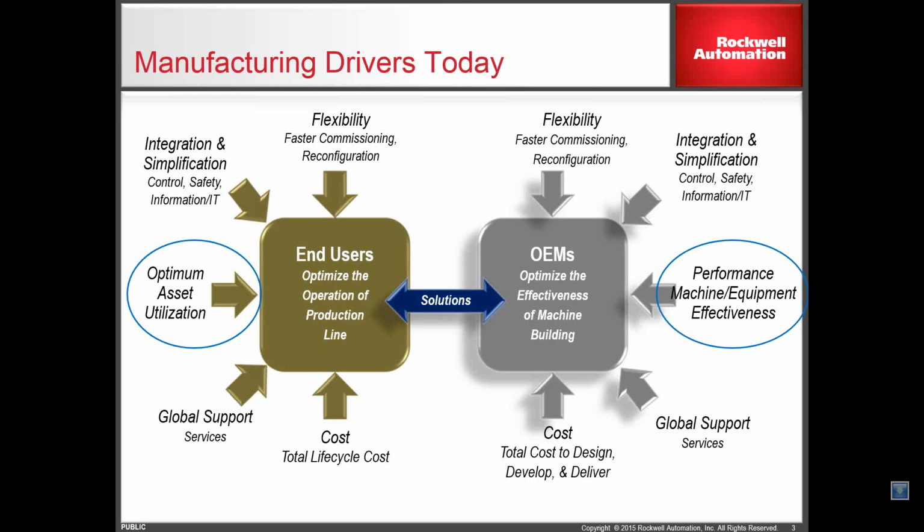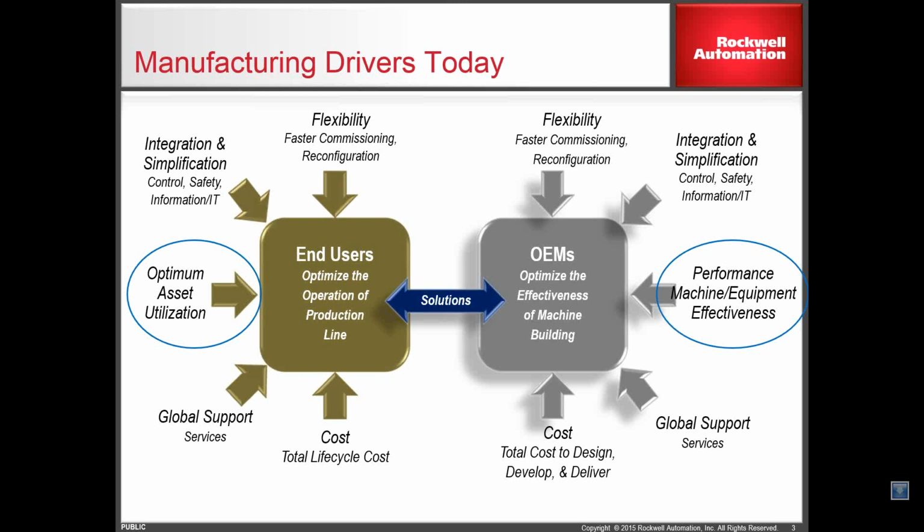As a result, we express the cost focus for end users, which is defined by the total life cycle cost. Because ultimately, when the OEM supplies the machines to the end users, they are the ultimate owner of the machine. Hence, for end users, the prime focus would be how to retain the total life cycle cost and how to do productivity improvements. When it comes to the machine builder as an OEM, they are focusing on how they can reduce the total cost to design, develop, and deliver their machines to the market, so that they can overall reduce the lead time to the market.